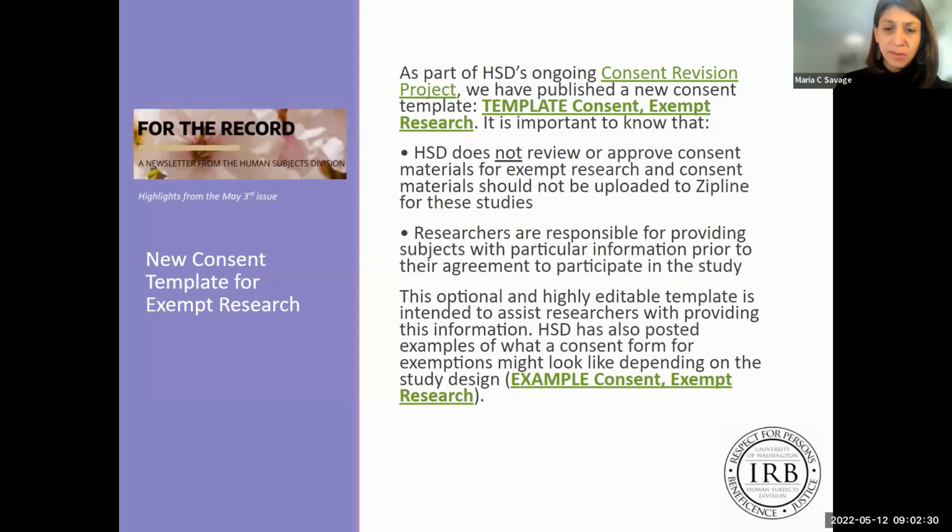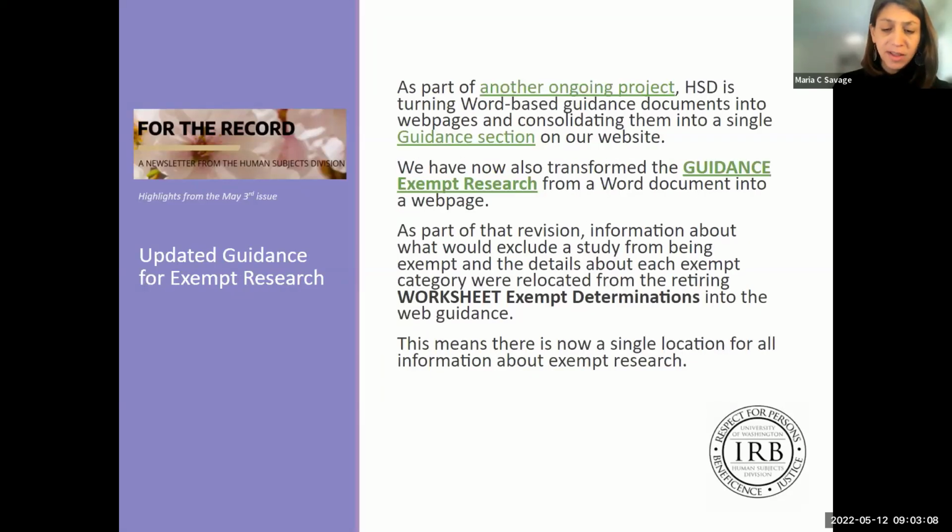The template shows the information that should be provided to participants. It is not required and is intended to be an optional resource. HSD has also developed some consent examples that show different ways that the consent information might be presented depending on the design of the study. These examples include talking points, a consent script, and a flyer. They show the minimum information that should be communicated, as well as additional optional information that the research team might choose to include. Related to this, HSD has been in the process of transforming Word-based guidance documents into web pages